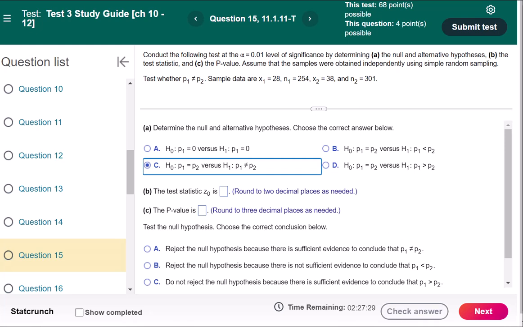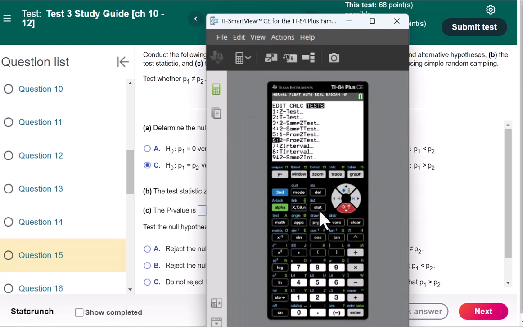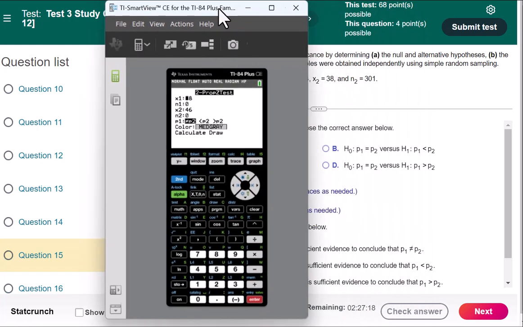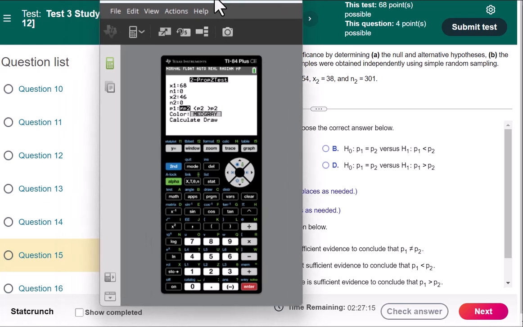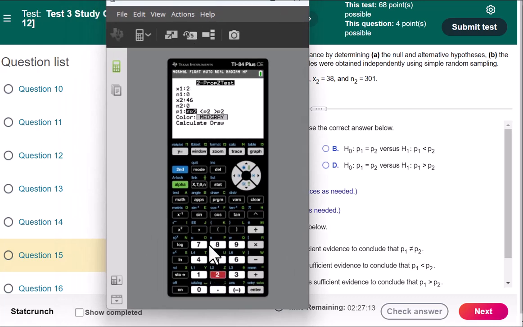And then to show you how we perform the rest of the test, you click on stat, tests, you choose two prop z-test because you have two samples, enter, and now we're going to key in the values. So x1 is 28 and n1 is 254, x2 is 38 and n2 is 301, and we need to test that p1 is not equal to p2, so you just hit